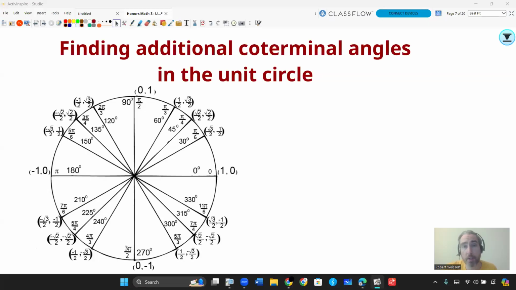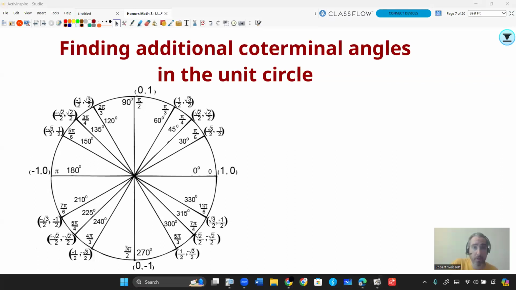Hello everyone, in this video we're going to be going over how to find additional coterminal angles in the unit circle, both in degrees and radians. It'll be a pretty short video, so let's get at it. Basically, what you've got to remember about coterminal angles is that they are going to be additional rotations around the